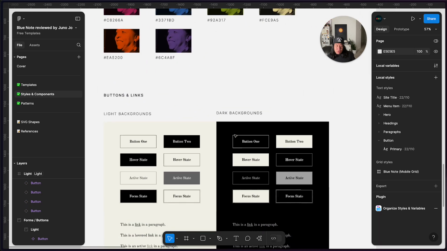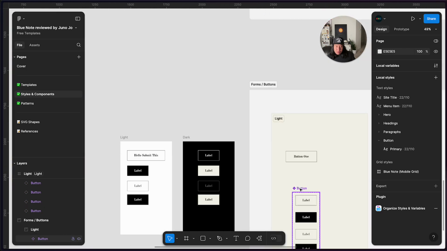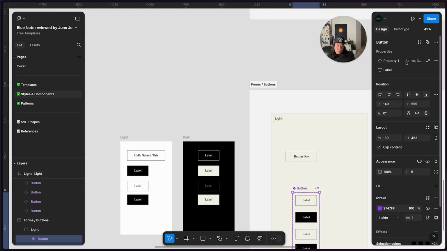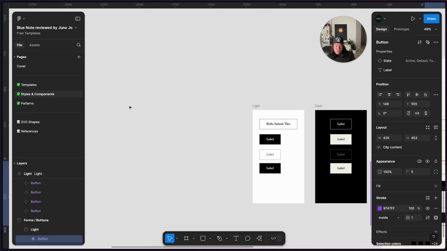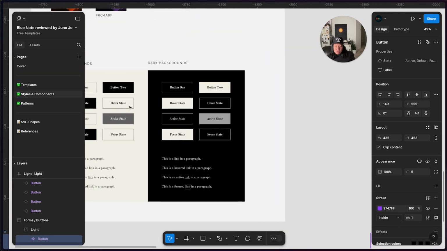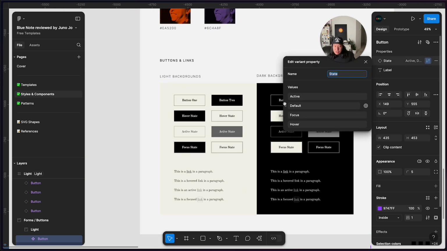So what we are going to do is organizing, right? This is the button 1, or the primary button. So I want to just make sure that we have space to create this. So this is the state of the button, right? So just to follow the same structure for this, I want to just rearrange them. So we have the default state, we have the hover state, after that active and focus. Okay,